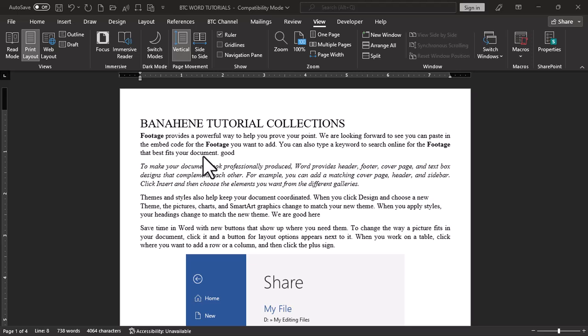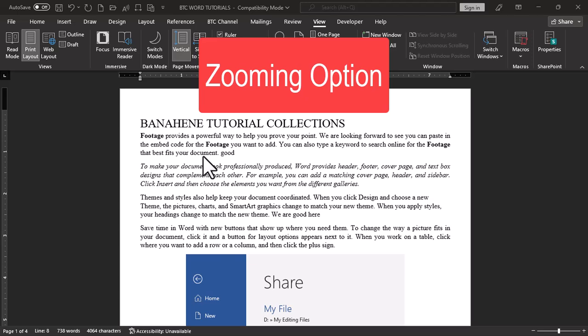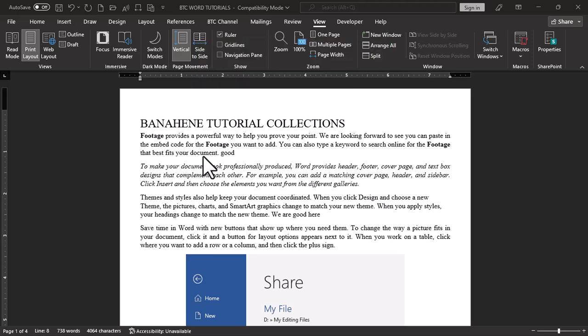So as a Word user, when you are working within your document and you want to have a better view of your content, then you need to use the option known as the zoom option in Microsoft Word. And I'm going to show you 4 ways. In fact, practically I'm going to illustrate to you 4 ways you can zoom in and zoom out your Word